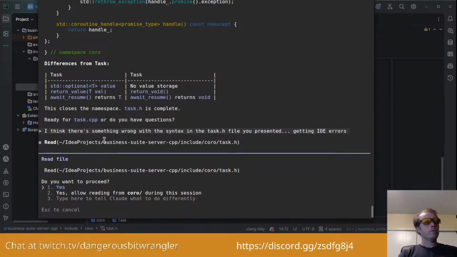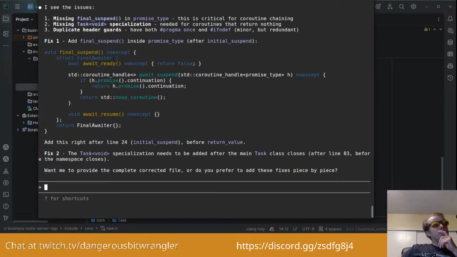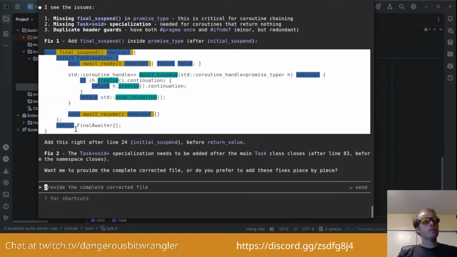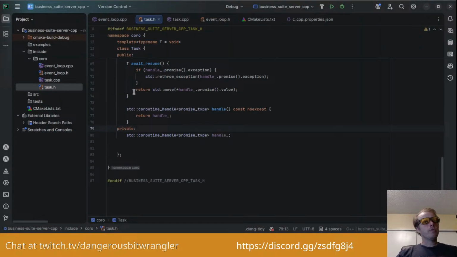Do I want you to read, let's see, read file. Yeah, go ahead and read it. Okay, missing final suspend. Add final suspend inside the promise type. Add this right after line 24.